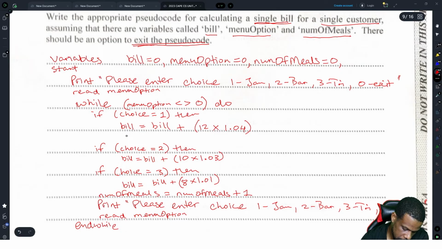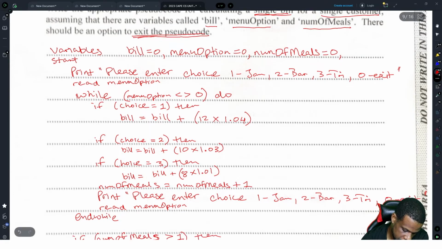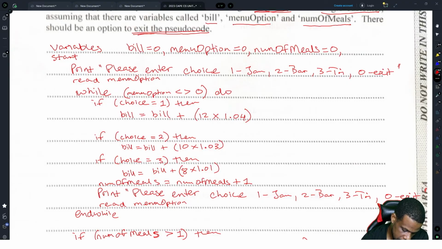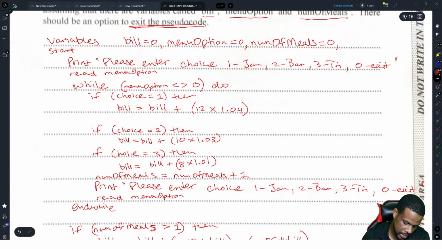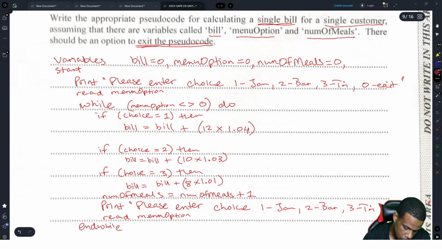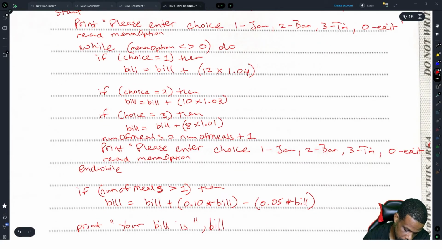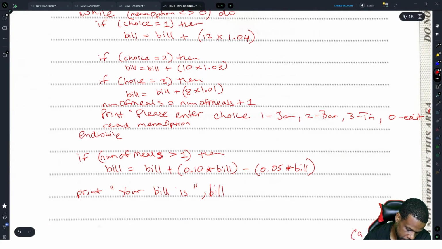If the choice is 1, you calculate what the bill will be for that. If the choice is 2, you calculate that. And each time you keep adding the bill back to whatever. So they could choose any amount that they want over and over until they press 0. When they press 0, it will end the while. The number of meals would have kept adding up over time. If the number of meals is greater than 1, then you take that bill,